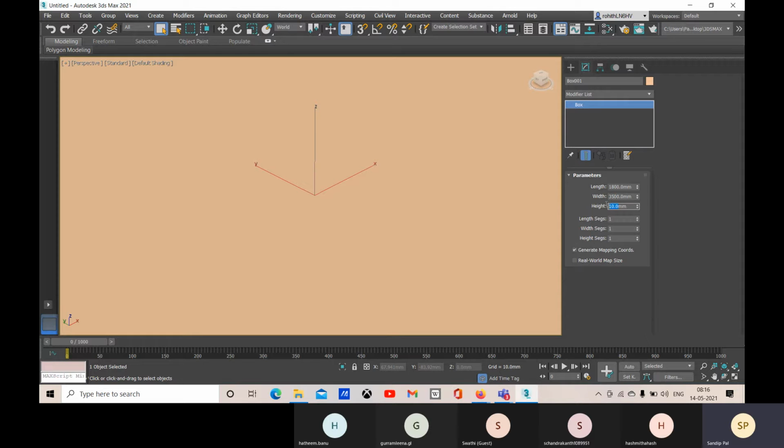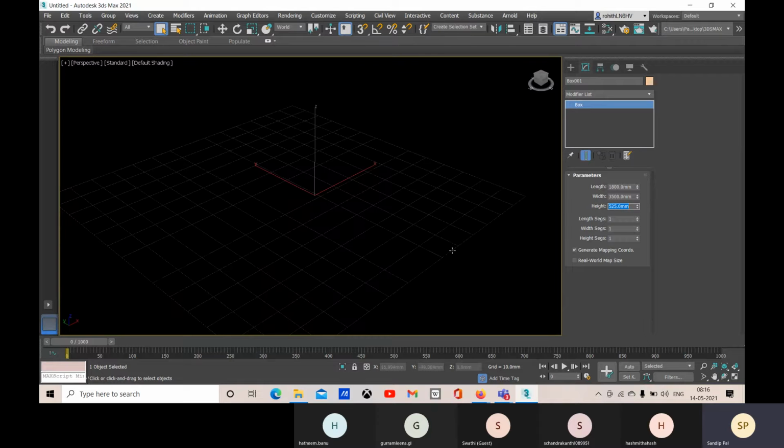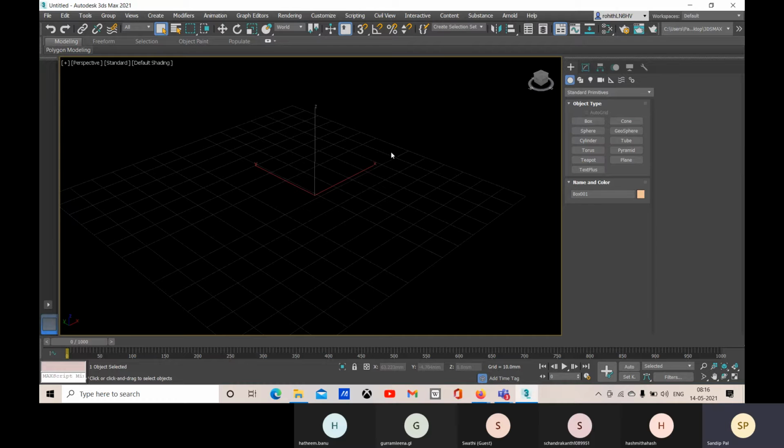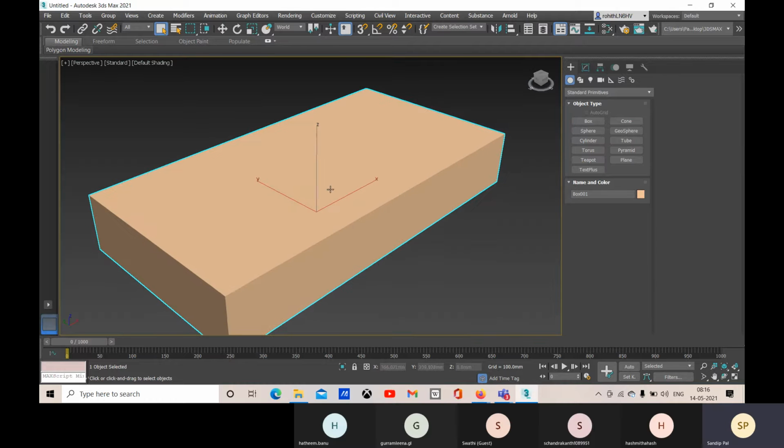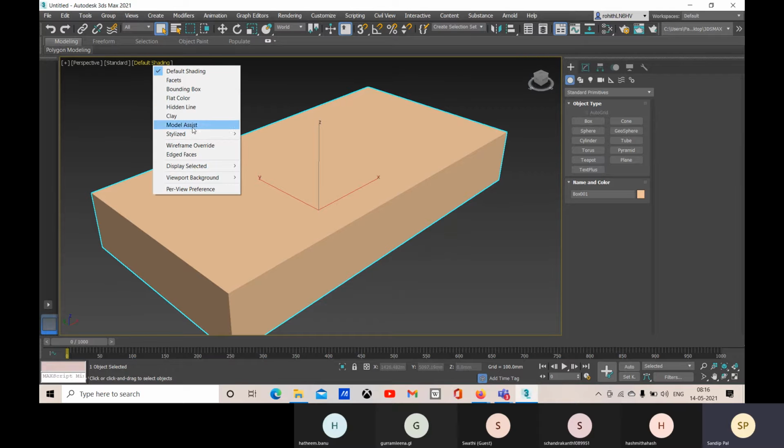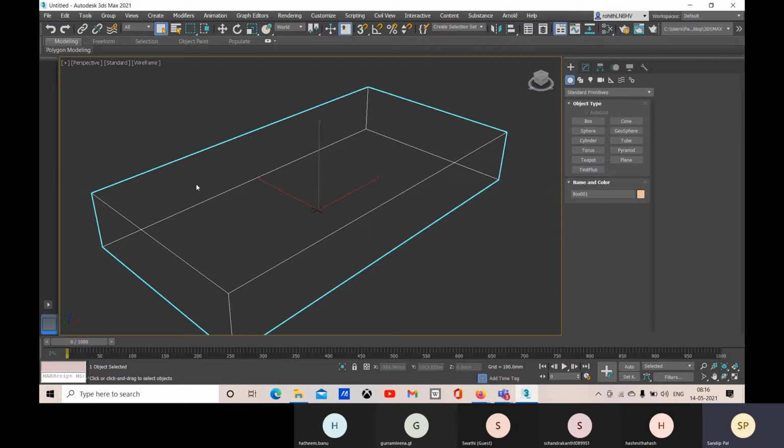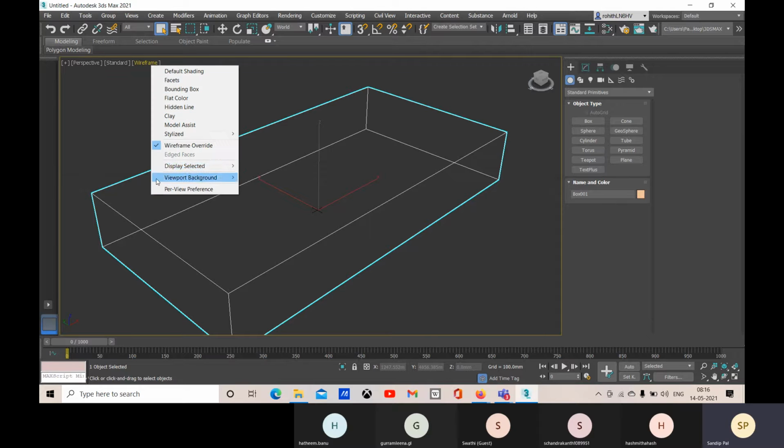Let's go for it. And about the height, let's go for 525 mm, and then right click and then Z. Yeah, so here I have. Okay, and now let me show you also in the wireframe. This is the wireframe, and let me show you in this edge.